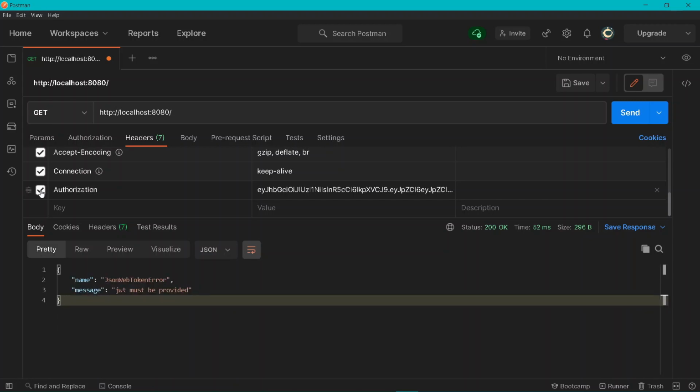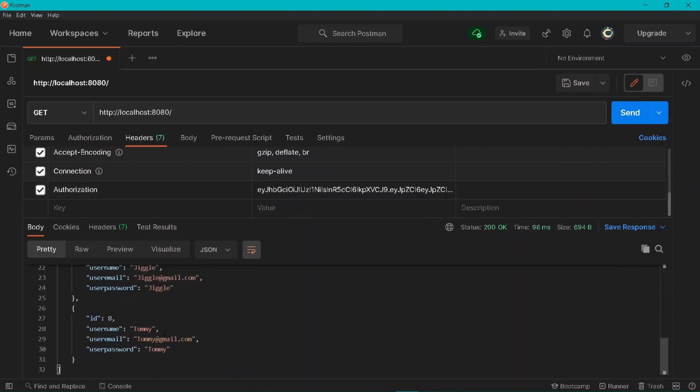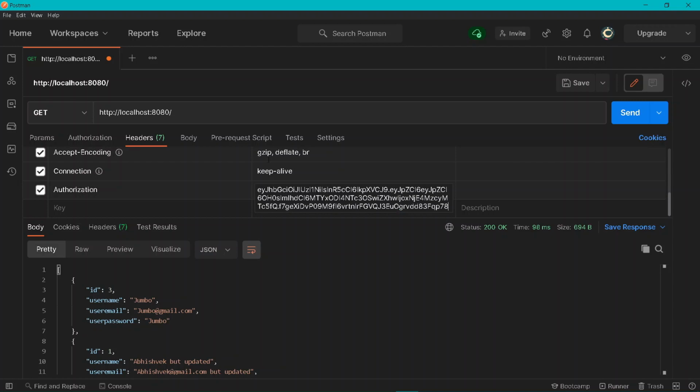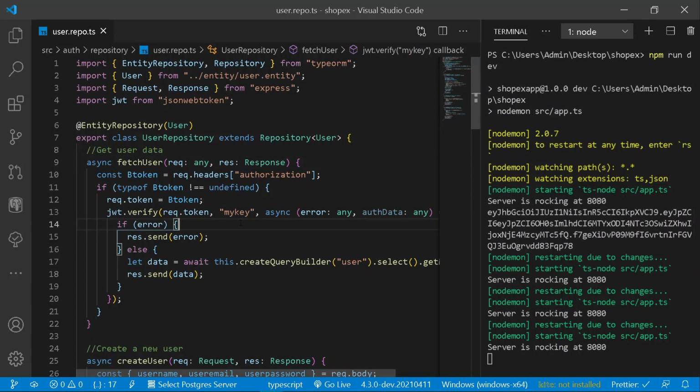Also in the case if we have got a JSON web token, and here let's remove 8 from this side and send a get request, we will be getting the message that a JSON web token error happened, and also we are getting an error of invalid signature. Easy as that. Let's do one thing, add an 8 here and send a get request, and here we will be getting all of our data back because we have been providing here a valid JSON web token. So this was a basic usage of JSON web token, and how you shall be using JSON web token under your application.